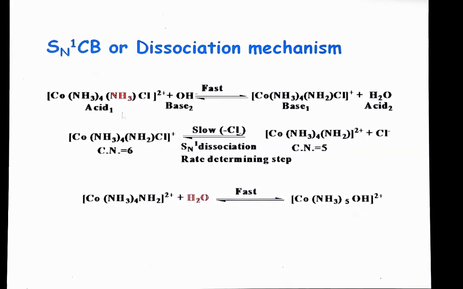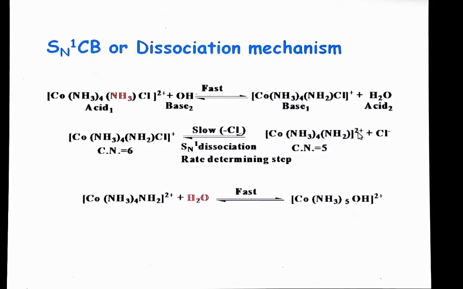In the second step you can see this amide complex with coordination number 6 undergoes dissociation, and this is the slow step where this chlorine leaves, or this metal chlorine bond breaks, or you can say this complex undergoes dissociation. So we will get an intermediate with coordination number 5 and here chlorine. Since this step is the slow or rate determining step, which is based on the concentration of only one reactant, the order of reaction is 1.